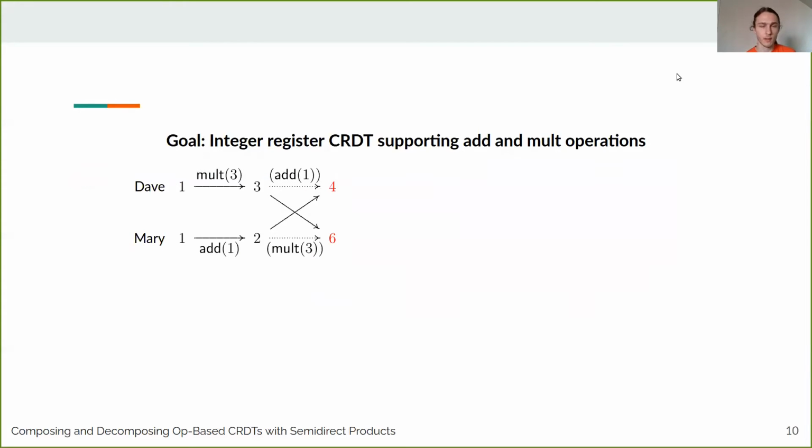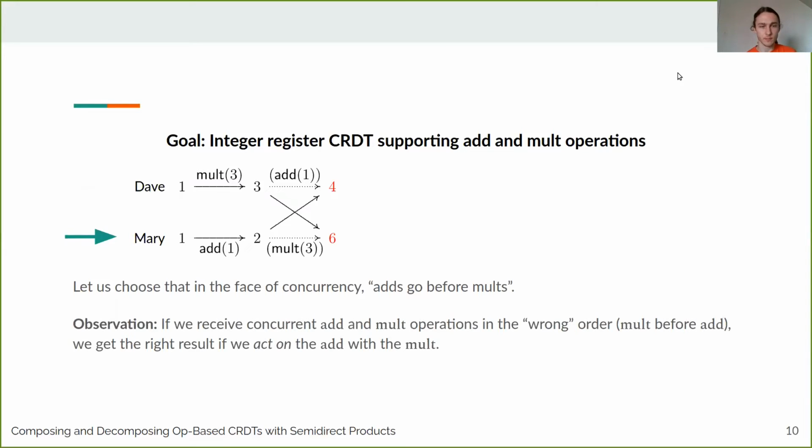So this is a conflict. Okay? Now to resolve this conflict, you're going to make the choice that in the face of a conflict, adds should go before mults. So basically here, Mary is in the right and Dave is in the wrong. You want to get the answer 6. And our observation is that to make this happen, if you're like Dave here and you get the add and